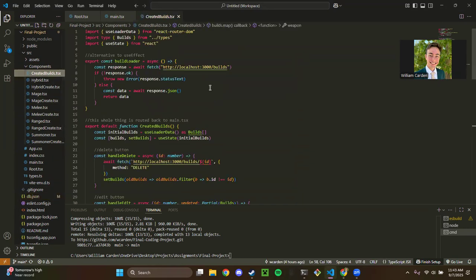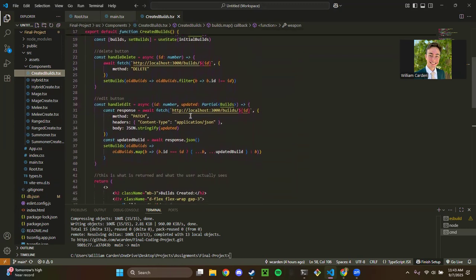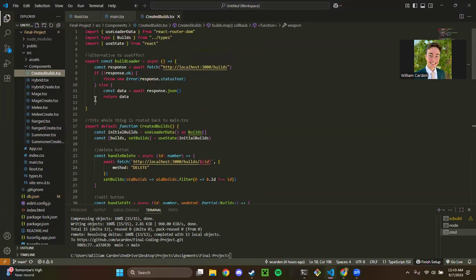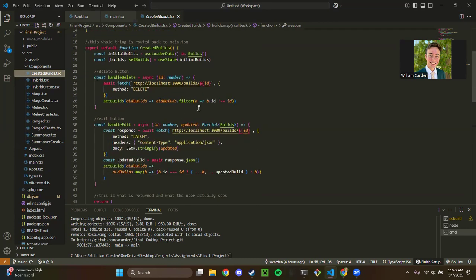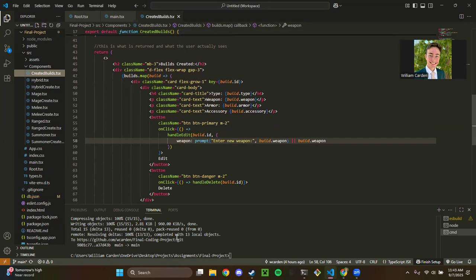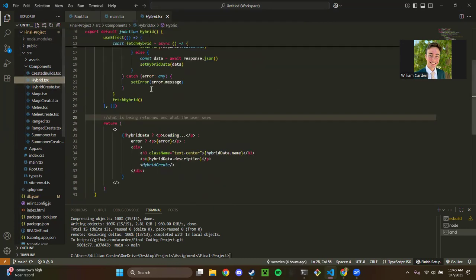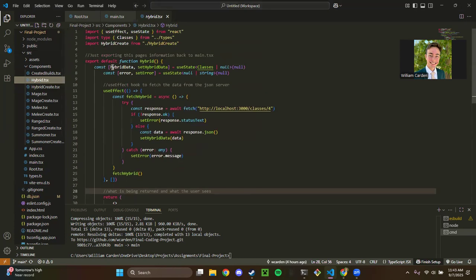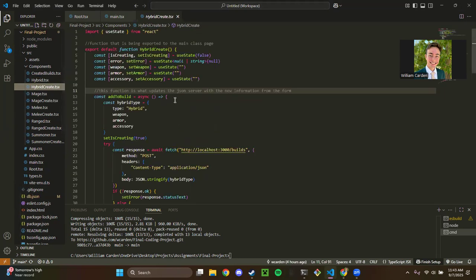The created builds is the main page that displays all of the builds. Here's the alternative to use effect, the use loaded data, the delete button, the edit button, and this is what is returned, the cards. And then here we have the hybrid class with hybrid create, which is the creation of